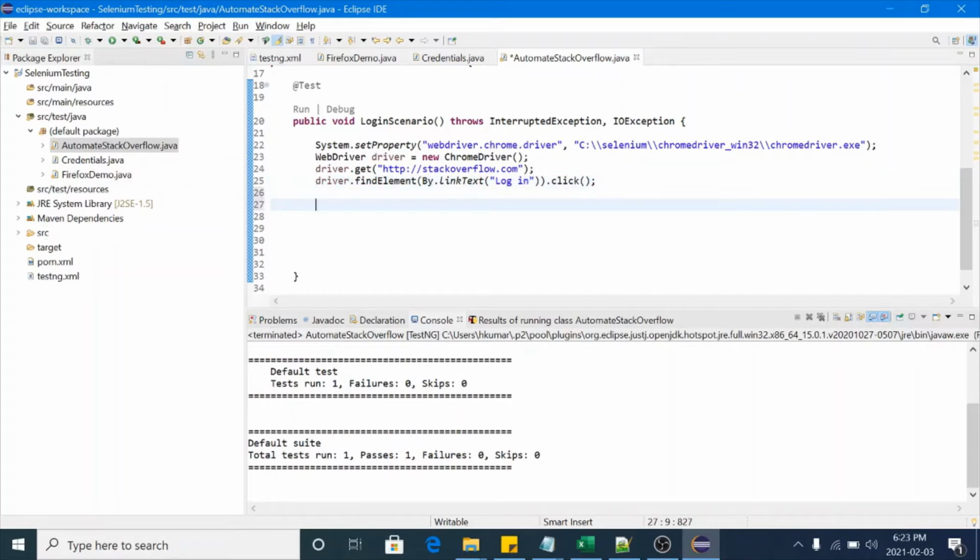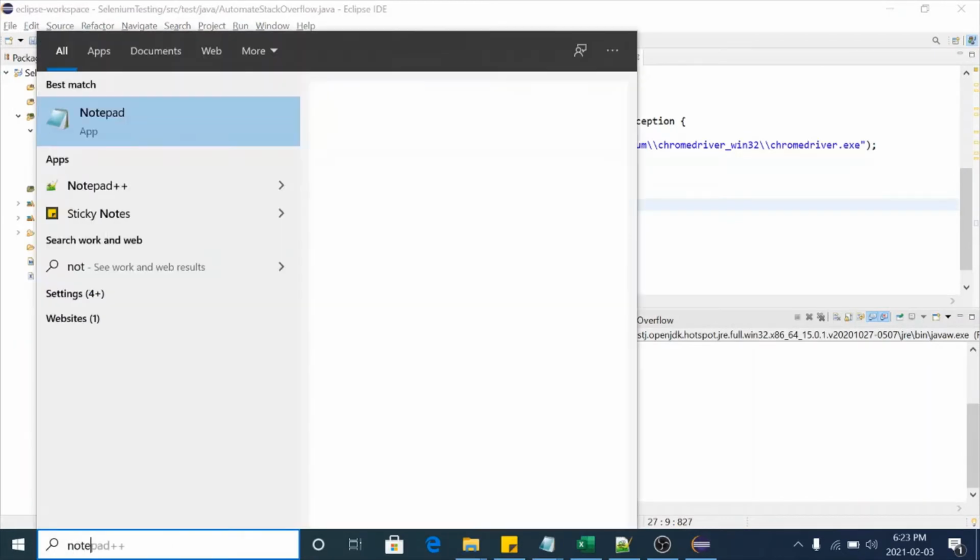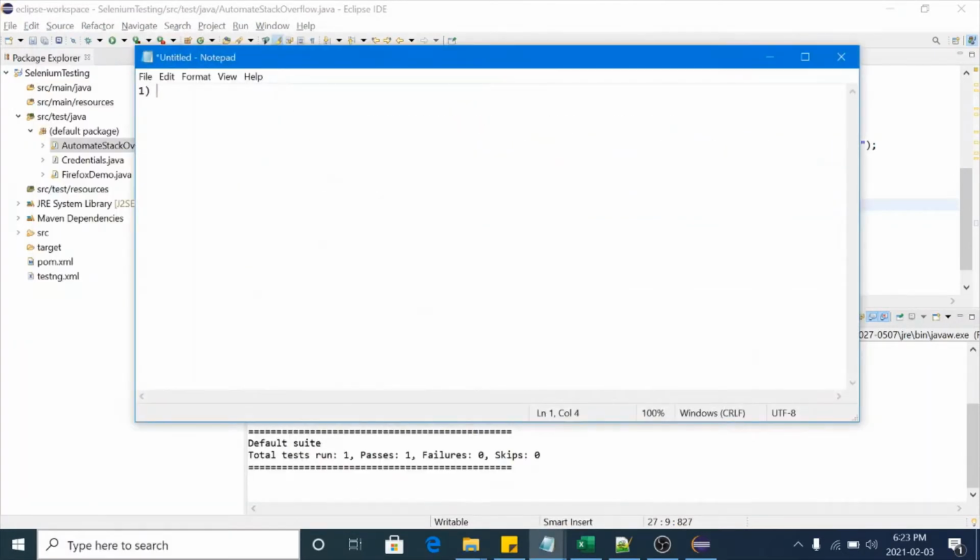To take a screenshot, you need three steps in Selenium WebDriver. Let me tell you. First is convert the WebDriver object to a TakesScreenshot object. Second is call the getScreenshotAs method. Third is save this file on your local machine.